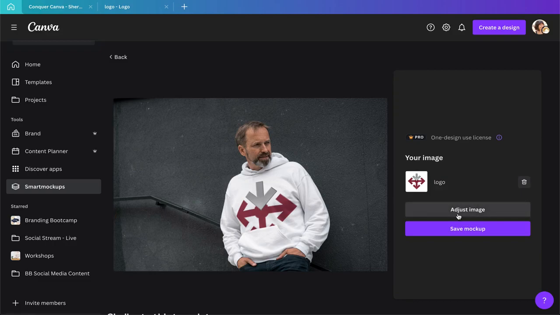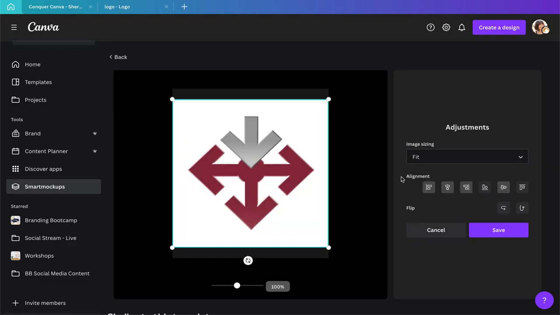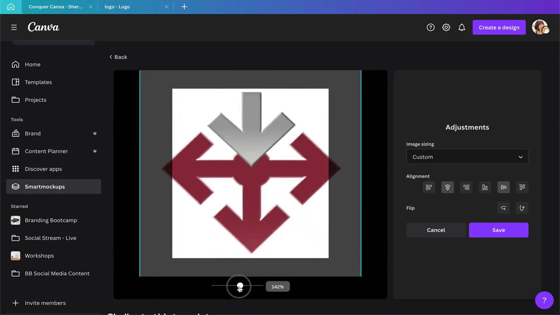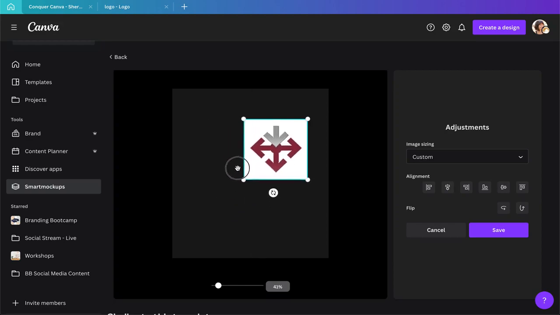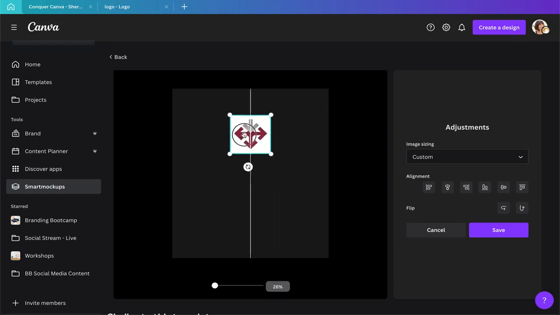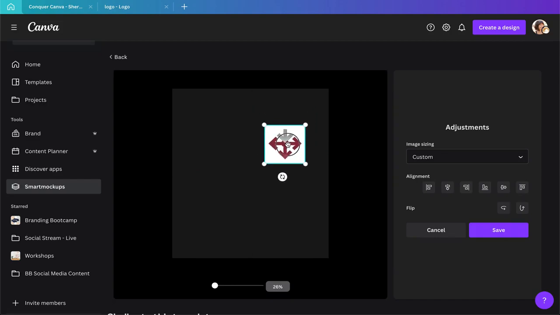And then we can click on Adjust Image right here. And from here, we can make some adjustments to our image. So we can use the slider down here to scale it. We can also just grab it by the corner here and get it to whatever size we like, and then move it around. So we want it somewhere on the pocket probably. So let's see if we can